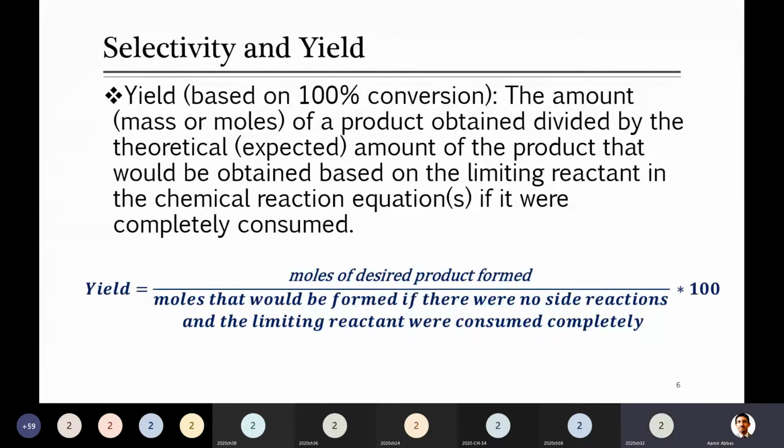Yes, sir. Whenever the moles are not the same, like when one reactant is limiting and the other is in excess, the maximum product which can be produced depends on the amount of the limiting reactant. So here we are defining the yield as the moles of any product produced or formed in a reaction, for example 50 moles produced, divided by the maximum number of moles of that product which can be produced.